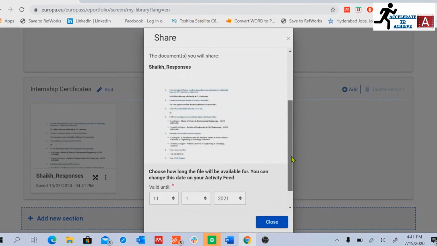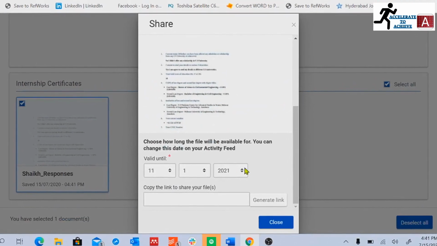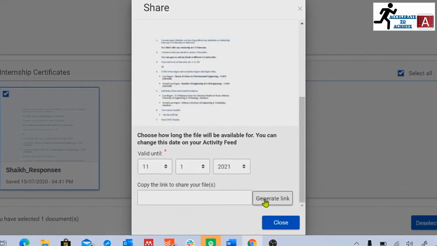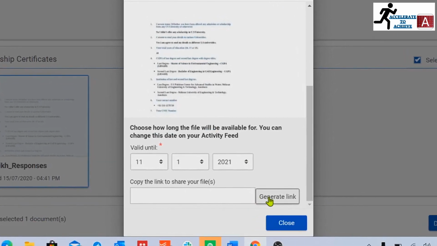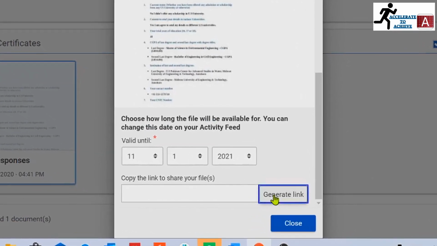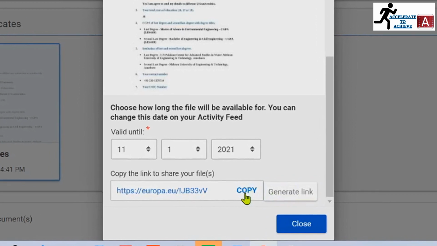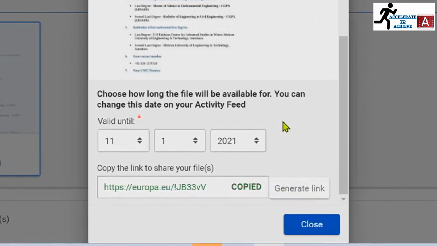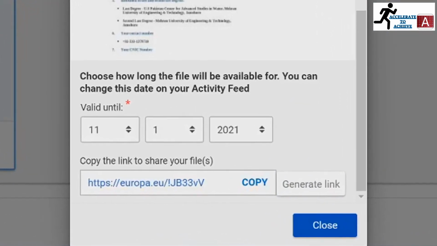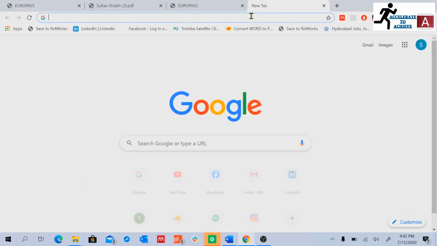Click on share, and you will set the validity date, and you can generate the link. So click on generate the link, and you can copy that link and share it with whoever you want to share the document with. For example, I'm going to open this link over here.